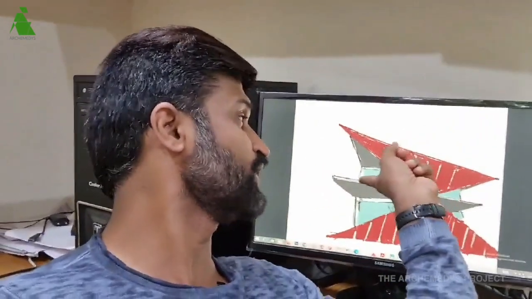That's the plan. So unless the plan is exciting, the plan is interesting, the elevation cannot be exciting. So like in this, if there is no balcony here, I won't get this void. How to bring a void is something we first have to decide in the plan, and that's how the elevation becomes interesting. So work on your plans more, and through the plans try to visualize how your elevation would come, and eventually